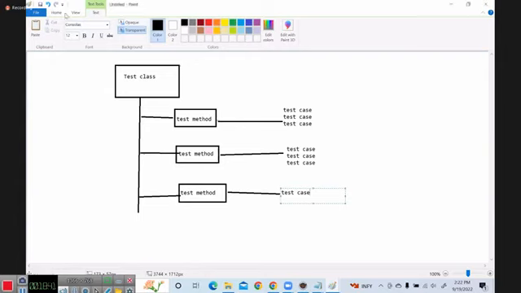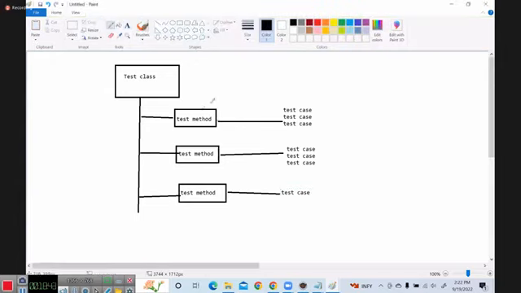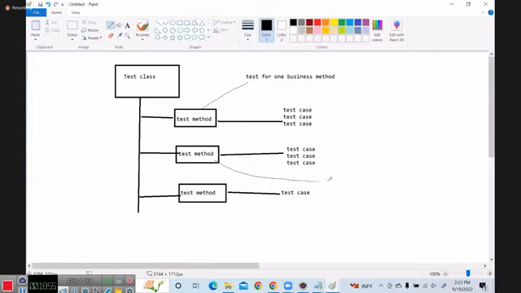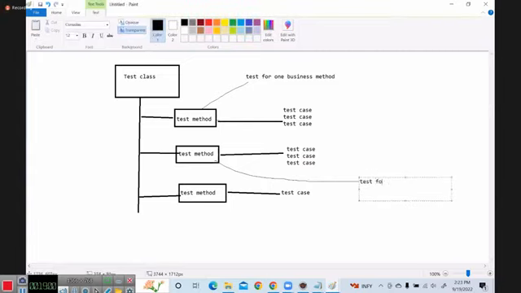So this test method can test one business method. What do you mean by business method? In our earlier example, we have